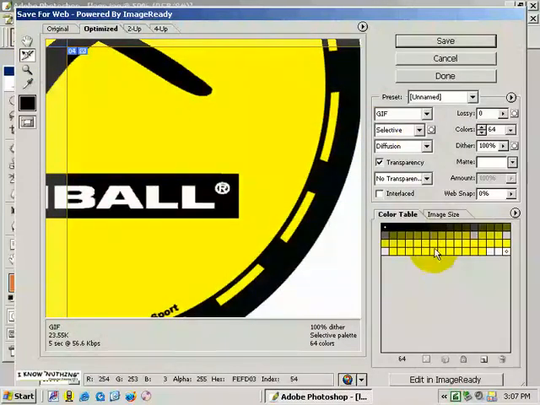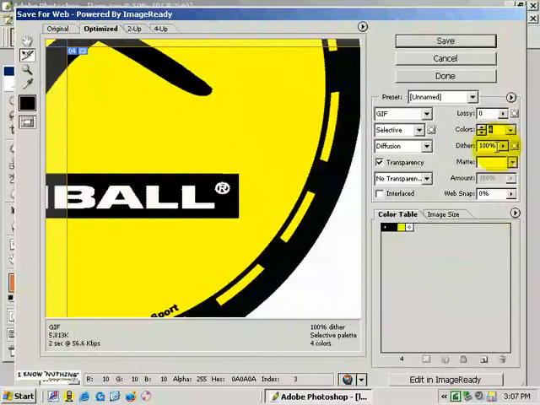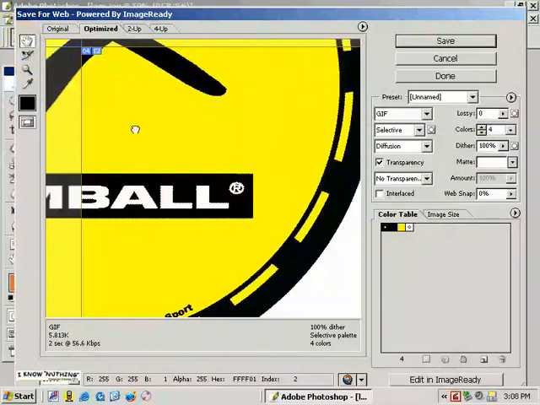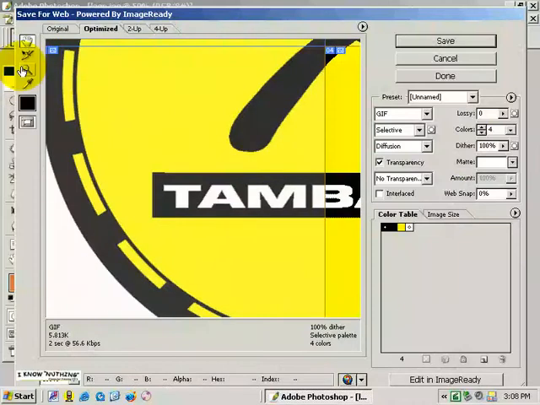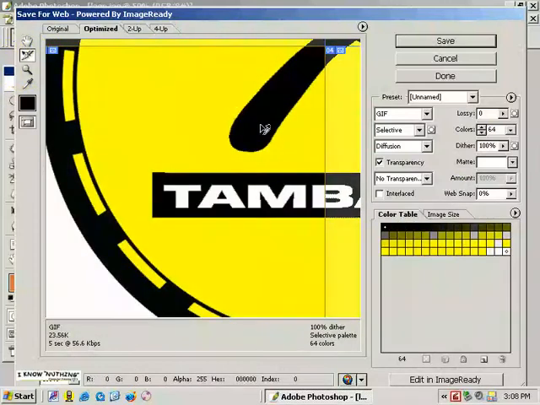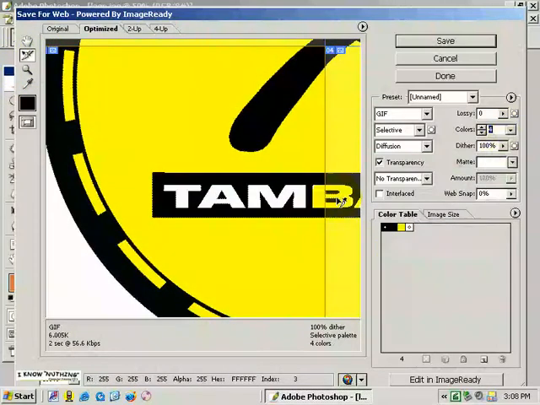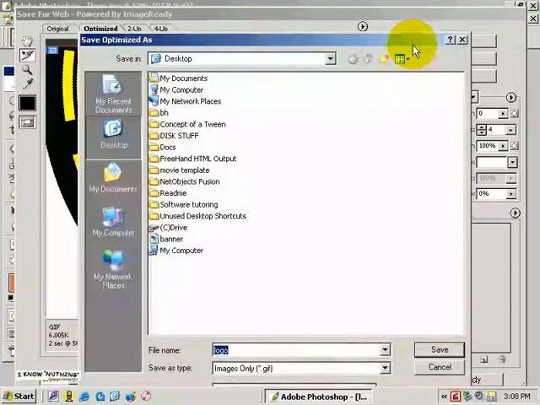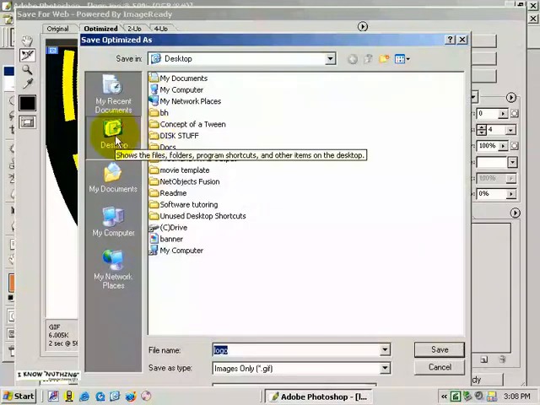Click on it, and you see the colors for this particular slice. Bring it down to 4. Choose the hand, move over, choose the slice, and bring it down to 4. Now that we're good, at this point we're okay. I can click save, and I have to basically locate my lessons,